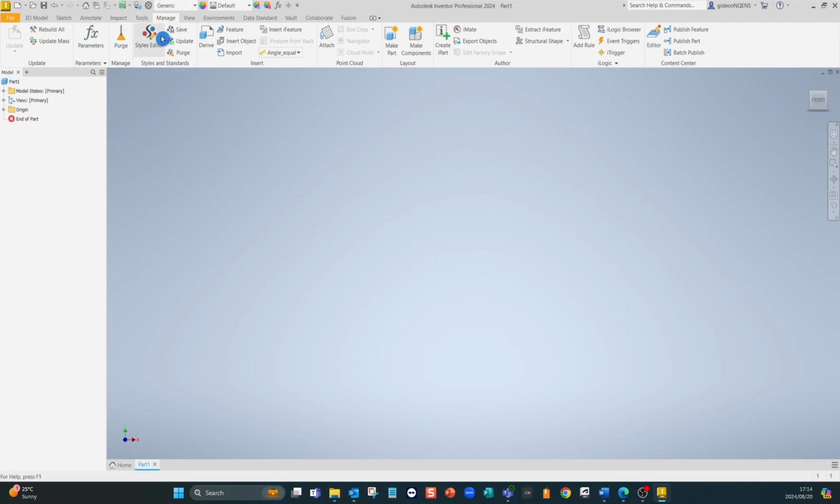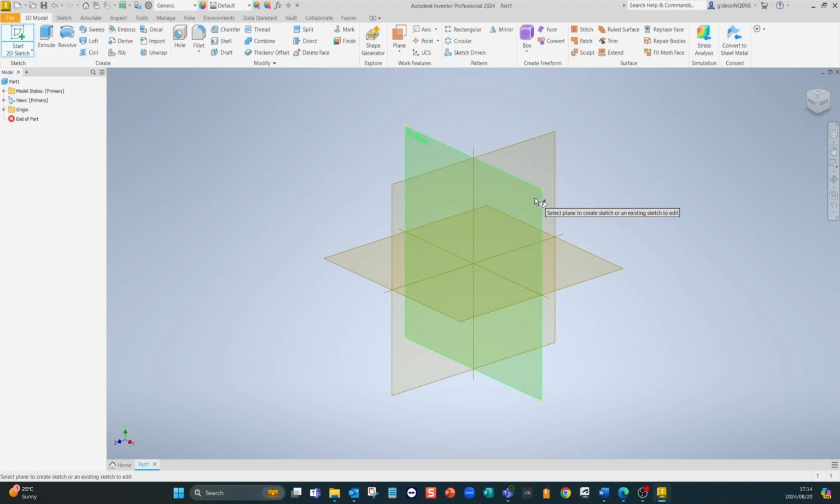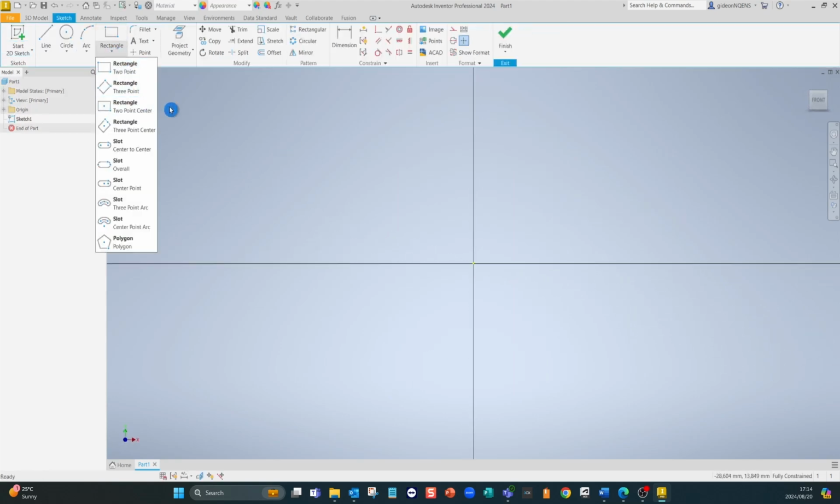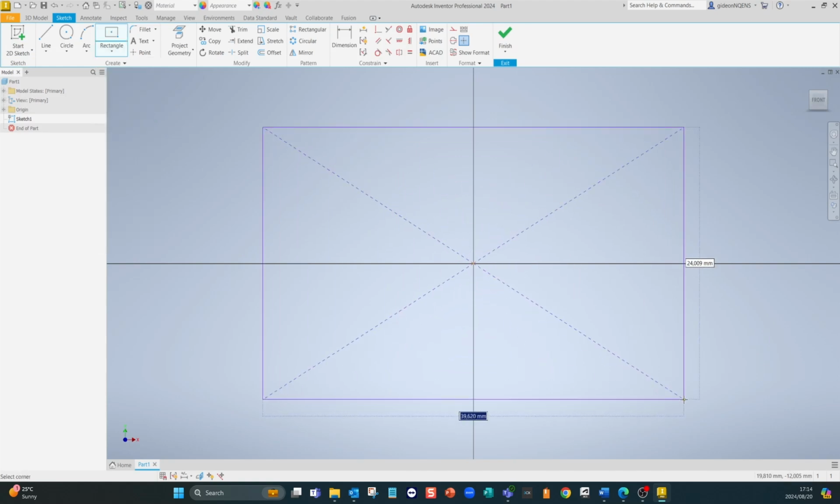And now because I've already got parameters created, I'm going to go to the 3D model tab and I'm going to start a 2D sketch. Now after I create the 2D sketch, I'm going to choose a 2-point rectangle and I'm just going to draw a normal rectangle. I'm going to select the dimension line,